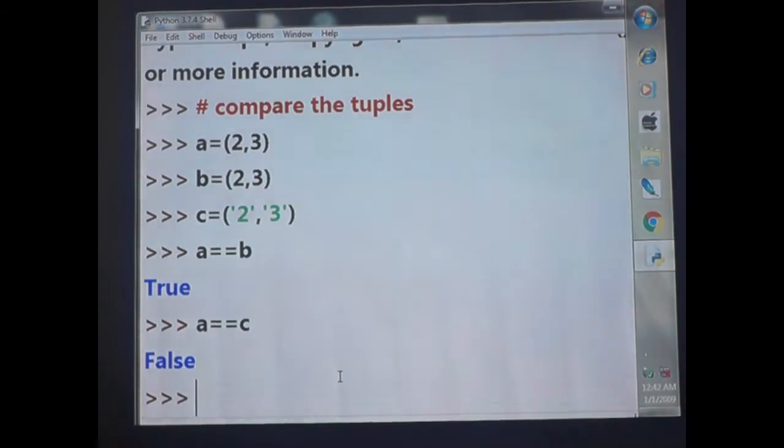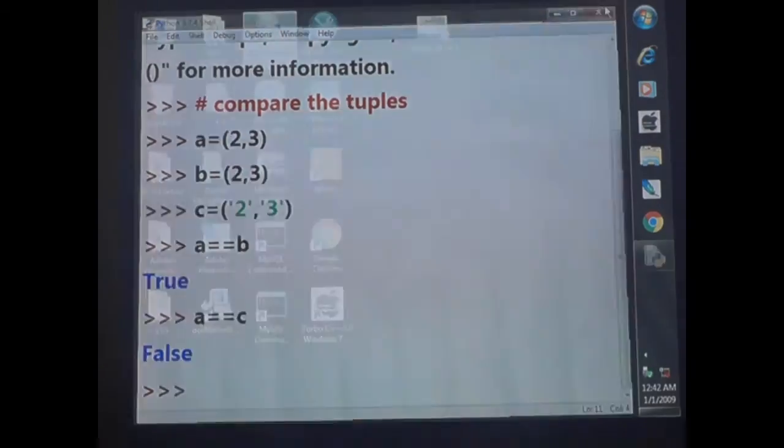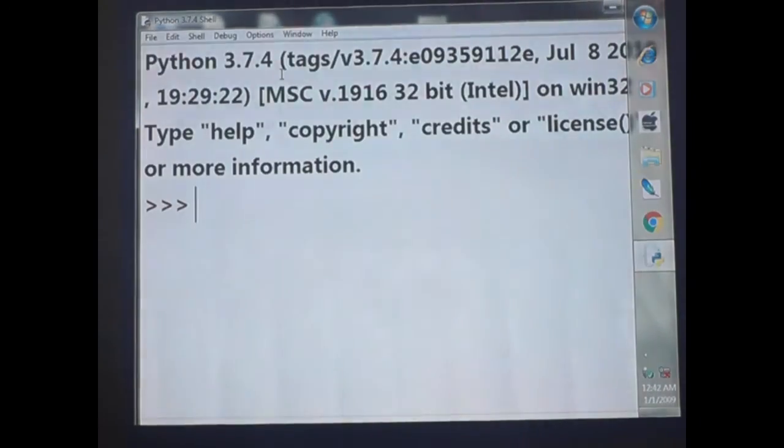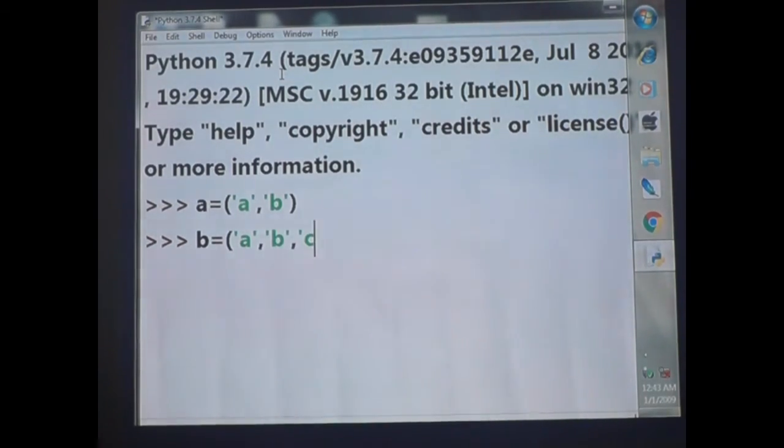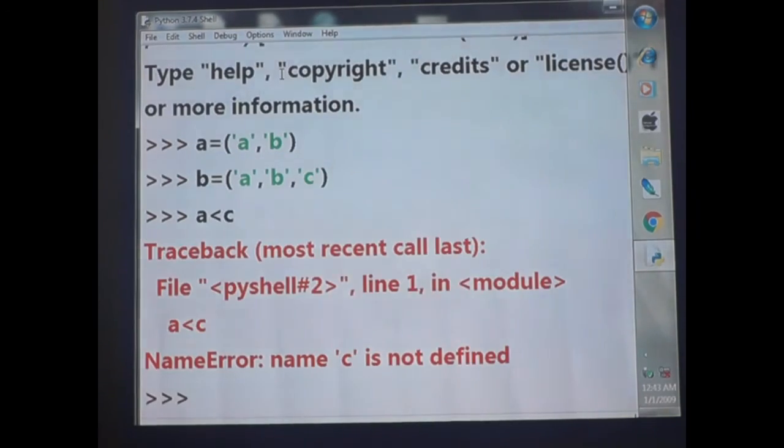And now I'm going to ask you one more question. Okay. Very hard question. The last question, you think and answer me. So A is equal to single quotes A, comma single quotes B. Now B is equal to single quotes A, comma single quotes B, comma single quotes C. So A is lesser than C. The answer is what?